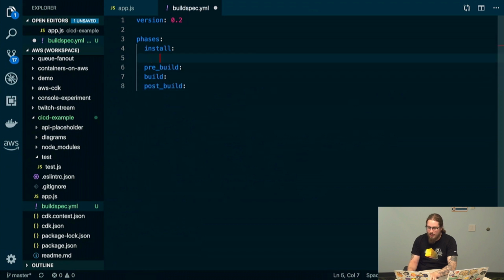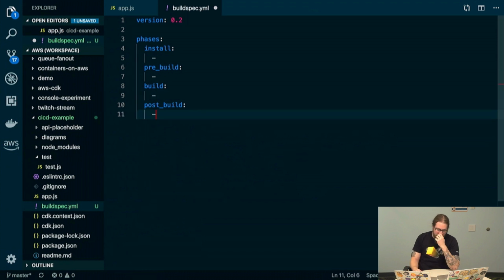And what I plan to do with these is install is going to be used for installing my dependencies for this application. Pre-build is going to be used for just making sure that my code is going to run properly. Build is going to be used for actually running the build and deploy, and then post-build is going to be used for tests. So under the install phase, I first need to specify what runtime version I'm going to